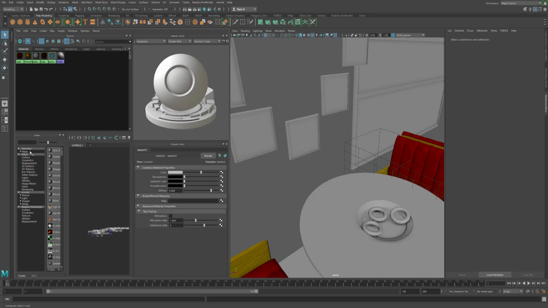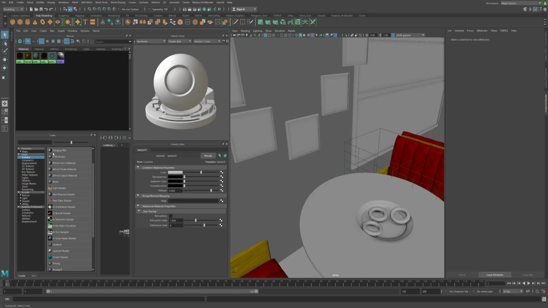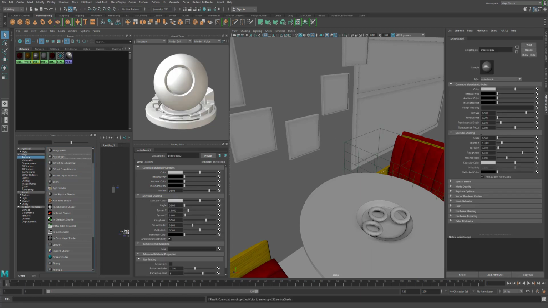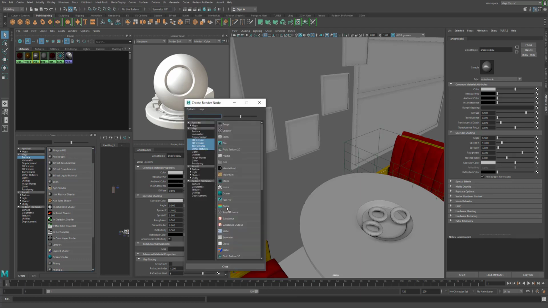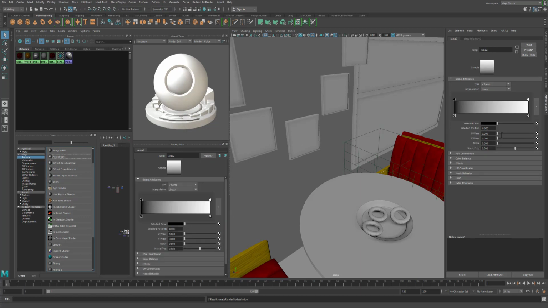So I'm just gonna go in here, get a Maya, and I might just do, you know what? Let's do an anisotropic, because anisotropic would look really good as a Chrome. So I'm gonna do anisotropic, and I'm going to put a ramp in here. So ramp, right? And then on the,